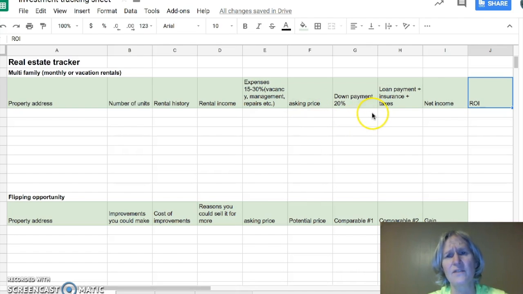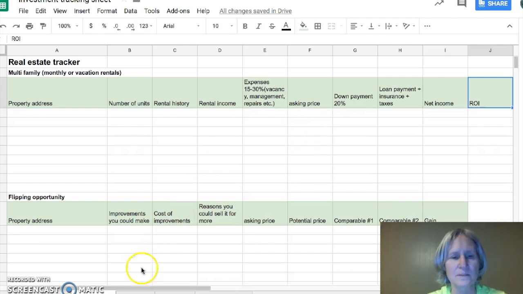Then they figured out they had to do a 20% down, was my rule of thumb, and then they had to use a mortgage calculator to figure out how much their payment on taxes and insurance would be. Then their net income was their rental income subtracting those expenses and their payment, and then they calculated their ROIs. Is it a good ROI? They were looking for ROIs like what they had gotten in the game. So this area is their passive income, and that's where they were looking to make